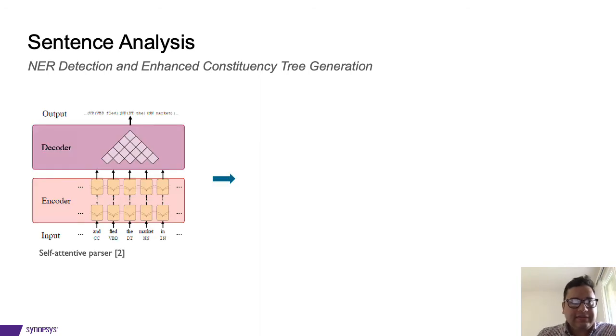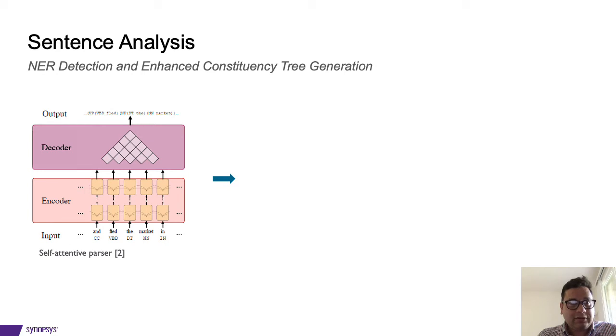Once the sentence classification is done, we have all the sentences that can be potentially translated to SVA. Then we perform NER detection on those sentences using a custom spaCy model that helps us to classify those NERs into two buckets, variables and constants. We also train a Benepar model to create constituency tree from English sentences. But the problem is Benepar model will give you